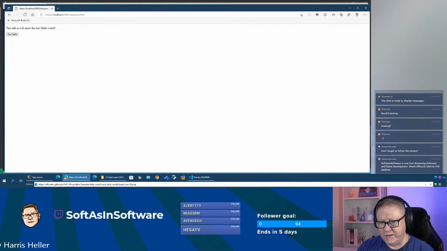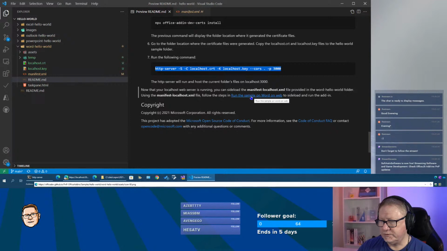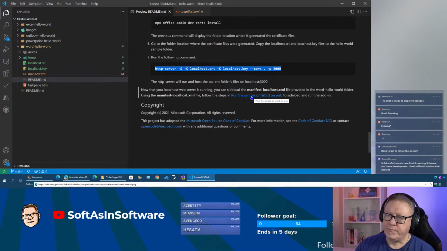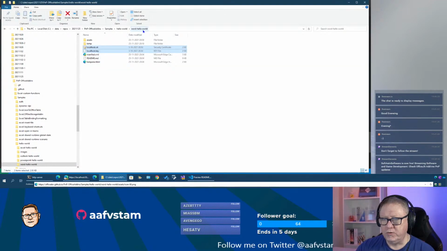Now go back to the documentation. Run the sample on Word on the web. Follow steps and run the sample on Word on web. That's not right, I think. Oh, you can do that. Basically, yeah, you can do the same thing, but the other thing that we also can do is